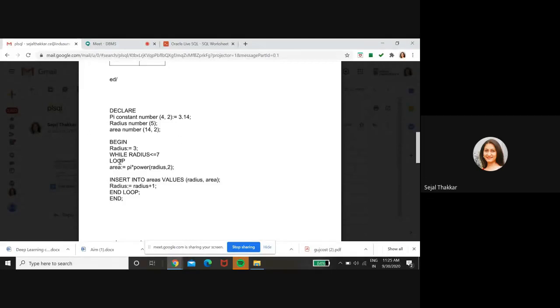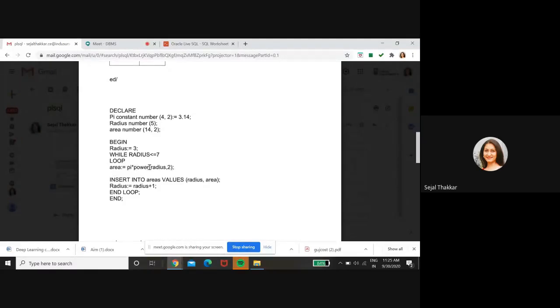I'll send you some material for practicing the syntax of this loop and all these things in SQL, how to write down the loop. So the loop will begin, and you have to do the condition, and then the increment will come. So what is the equation we are having? Area is equal to pi r square.